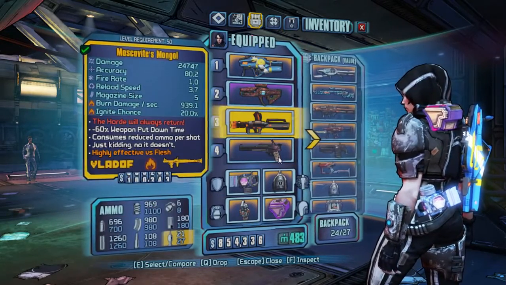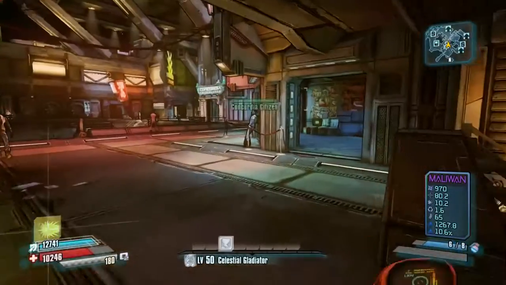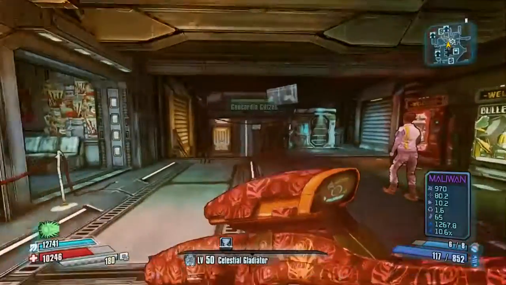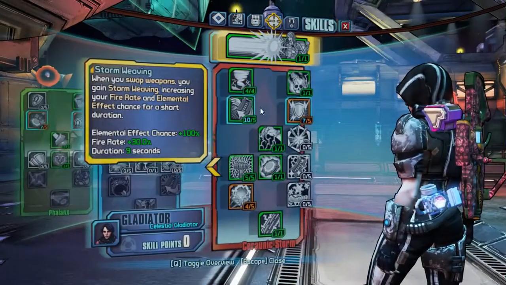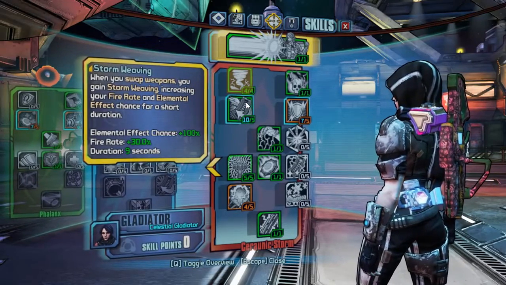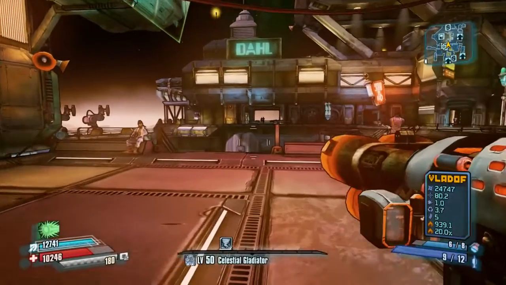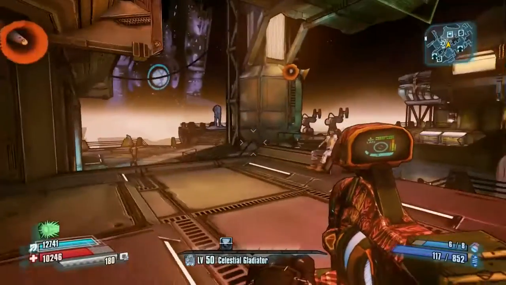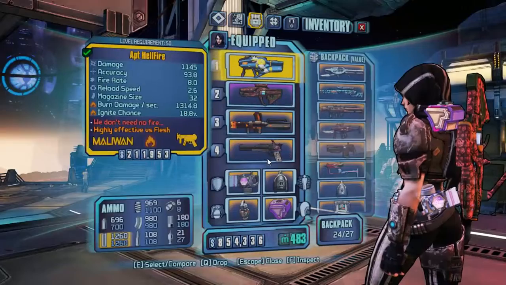And if you have some kind of a rocket launcher that is making your swap speed faster, it is going to be a nice addition into the right skill tree for the skill Storm Weaving, because it will increase your elemental effect chance and your fire rate by 30%. And as you can see, when I go into my rocket launcher and back to my Tornado All Rosy, it is swapping them really fast. So basically this is